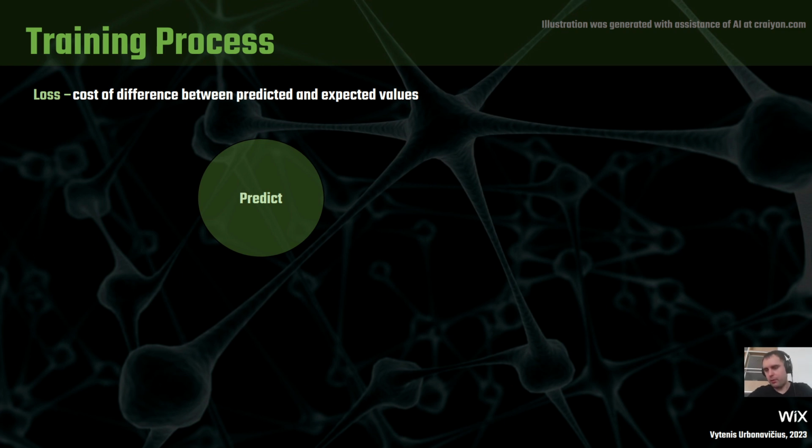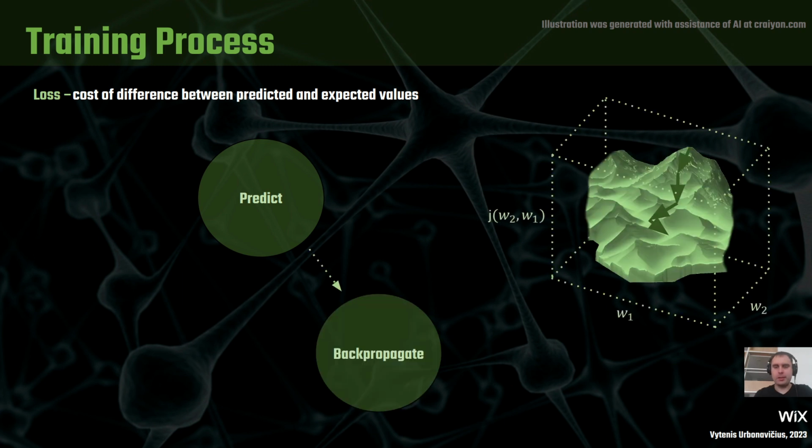It's a cost for mistakes for our network. Now, once that is done, the software would perform a process which is called backpropagation. So it would be going through all of the neurons in our neural network. It would be going through all of the weights within those neurons, and it would be trying to adjust them